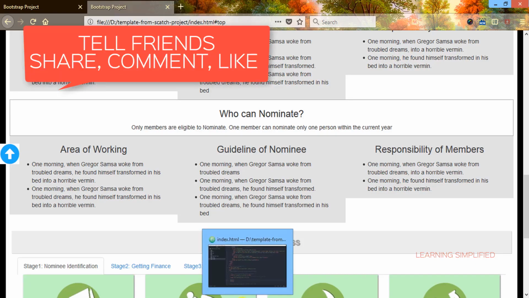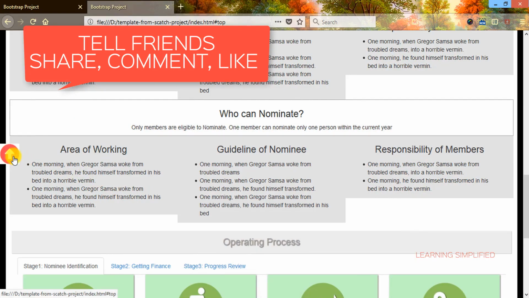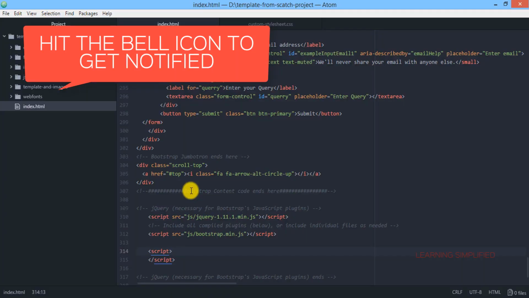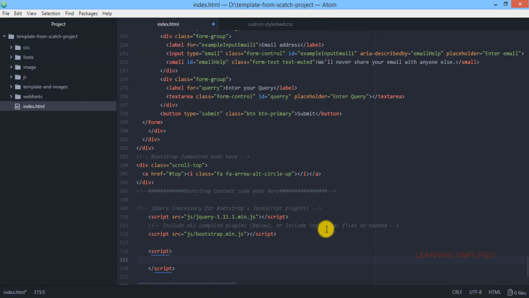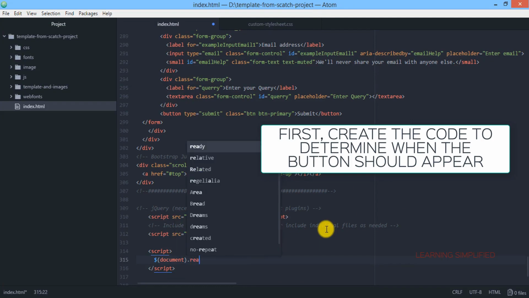This is the first thing that we need to set: the display of this particular Font Awesome icon, when it should display or when it should not. That will be depending on this particular script. So this is what we need to create first. In the first case, all we are going to do